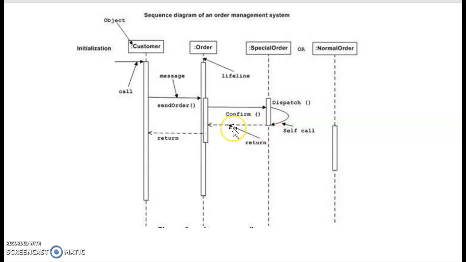After that it is going to return the values from the specific methods which were called in the sequence. There is a lifeline associated with each of the sequences for that object. This lifeline determines the lifetime of the particular call being carried out. It is shown in the form of a rectangle, and this dashed line is the lifeline over which the call takes place. It shows the start and the end of the call. So this is one type of sequence diagram which I am explaining here.